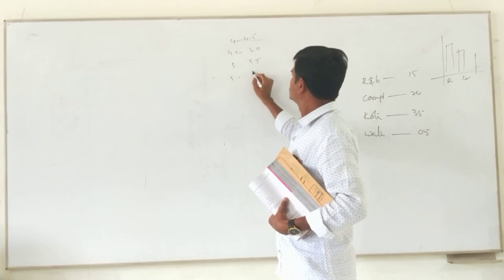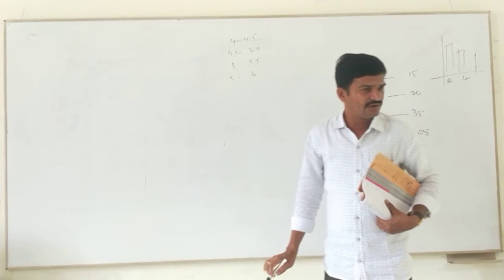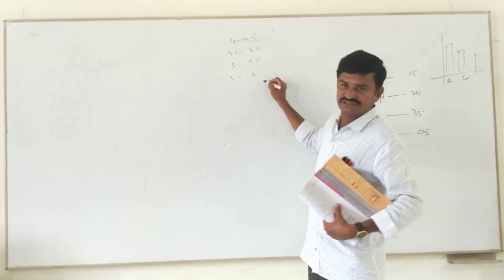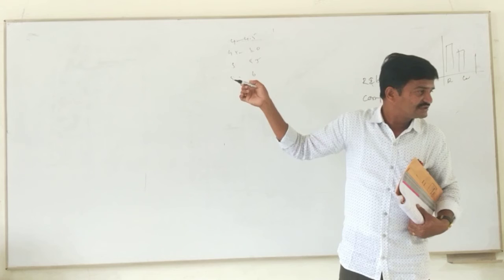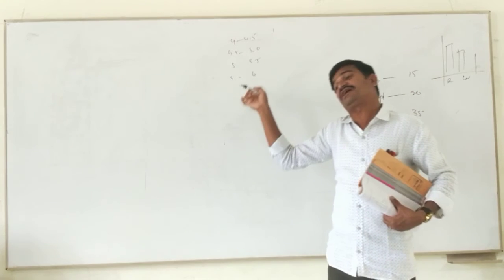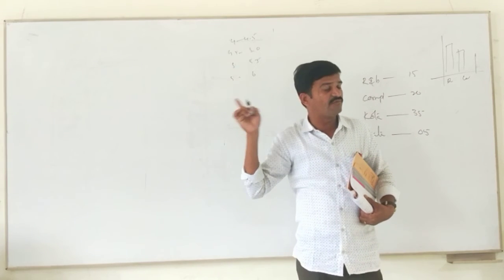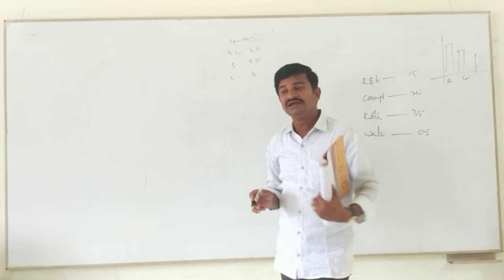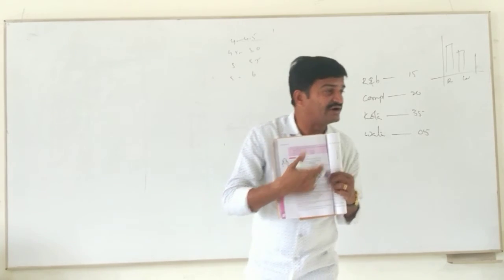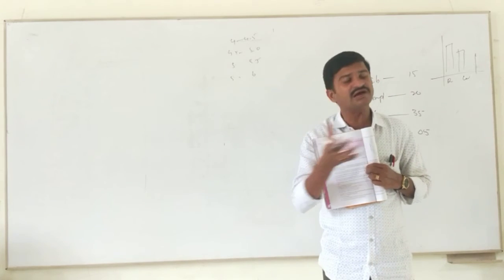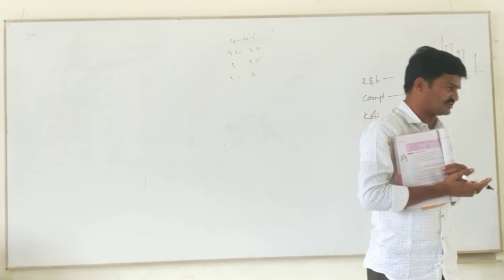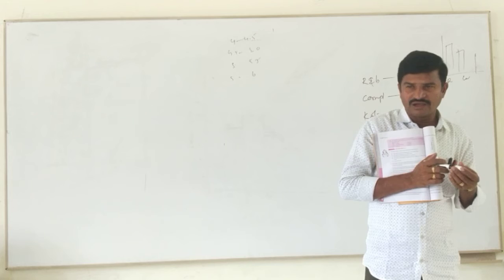5.5 to 6 feet is another group. How many are there? Frequencies. Shall we apply a histogram for this? Yes, we can apply the histogram. Why? Because this information can be divided into groups. We can divide that information as a group, so we can apply the histogram. Have you understood? Yes, sir.